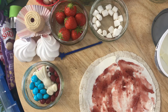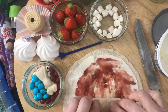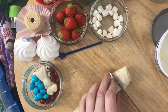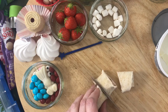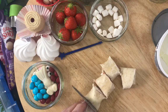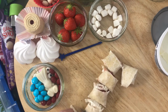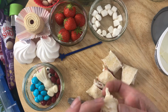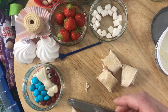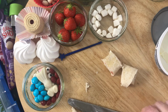So we roll this up and then just cut it into little teeny weeny pinwheels. Now these are the mini deli wraps, so we're chopping these up into little pinwheels. I'll put the playlist above so that you can see all of the mini lunchbox ideas. There's a whole series, a whole playlist that I've made, but you can use the bigger deli wraps as well. It's really up to you, or you could put in a couple of the mini ones. So we've chopped this up, we've put it into one of the compartments, and what I love about these